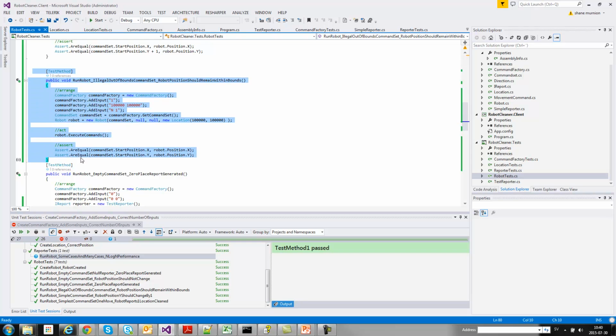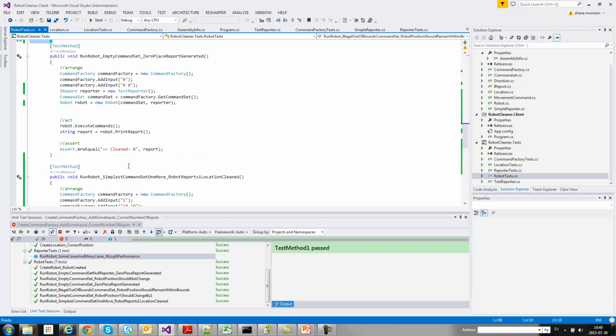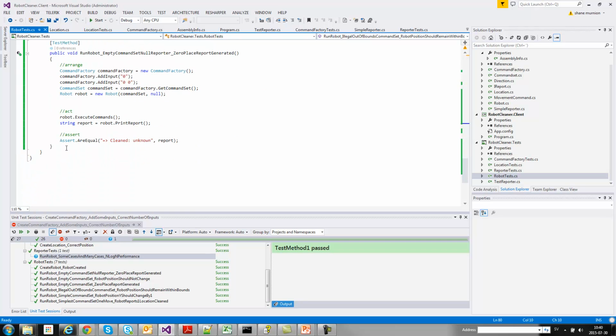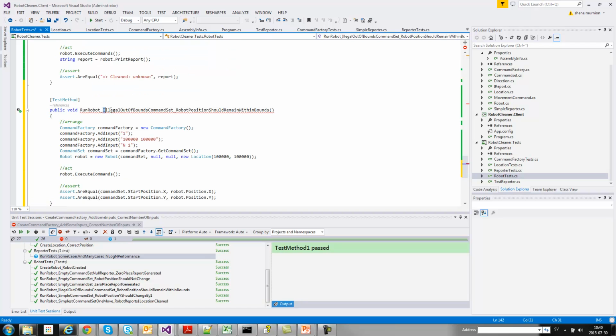And if we grab our robot test here, run robots, we'd say box command set, box move command set, and number of locations is correct. Okay, and